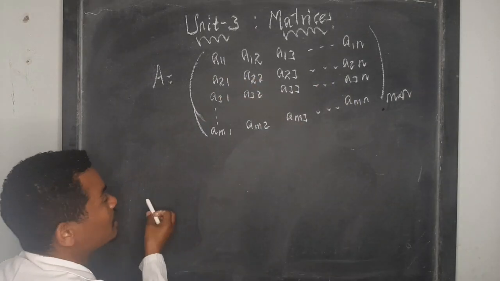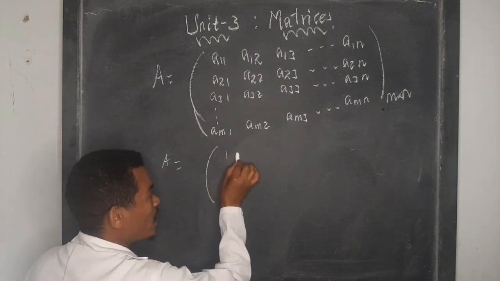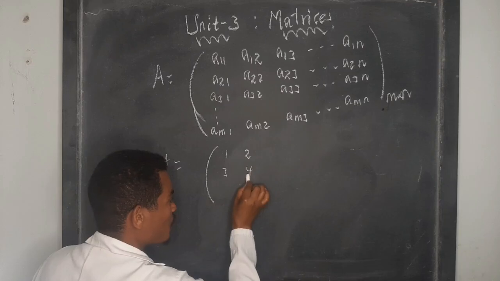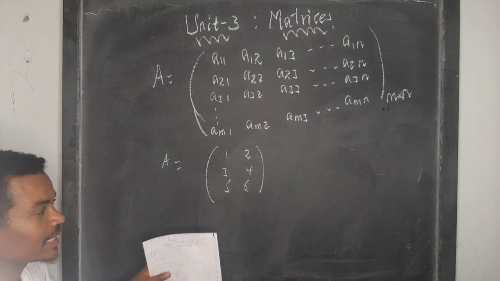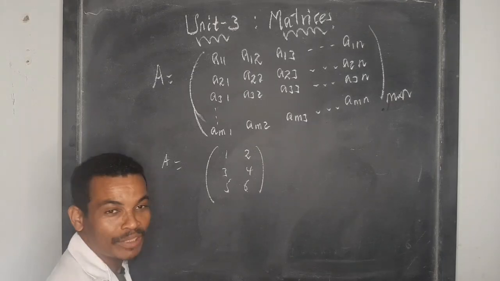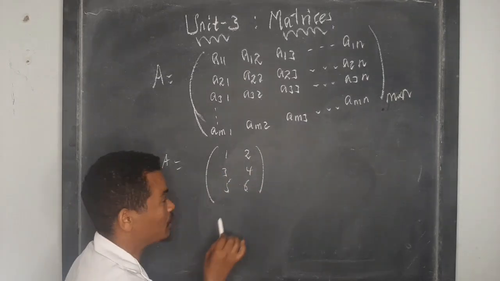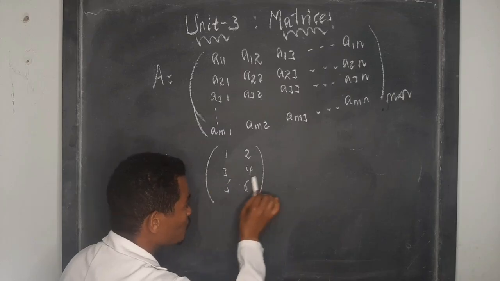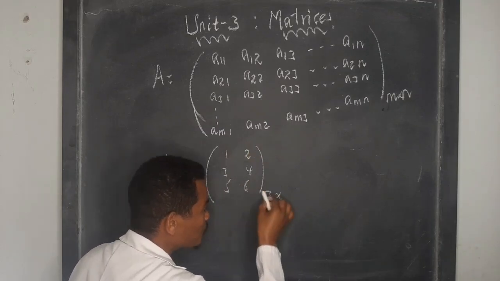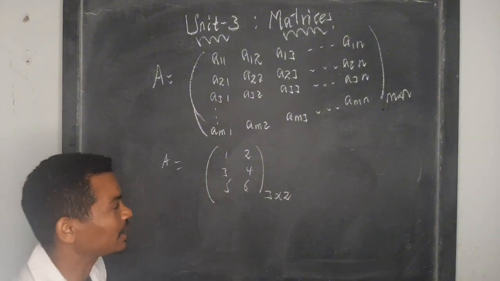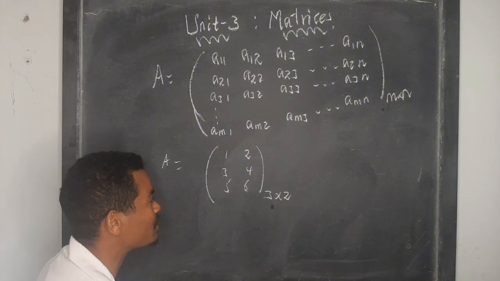For example, let's say the matrix A እንደዚህ ቢሆን, for example 1, 2, 3, 4, 5, 6. እንደዚህ አይነት ማትሪክስ ብሰጥ, if we are asked the size or the order of this matrix, it is row by column ነው። Row 1, row 2, row 3, and columns 1, 2. The size of this matrix is 3 by 2 ይሆናል ማለት ነው።